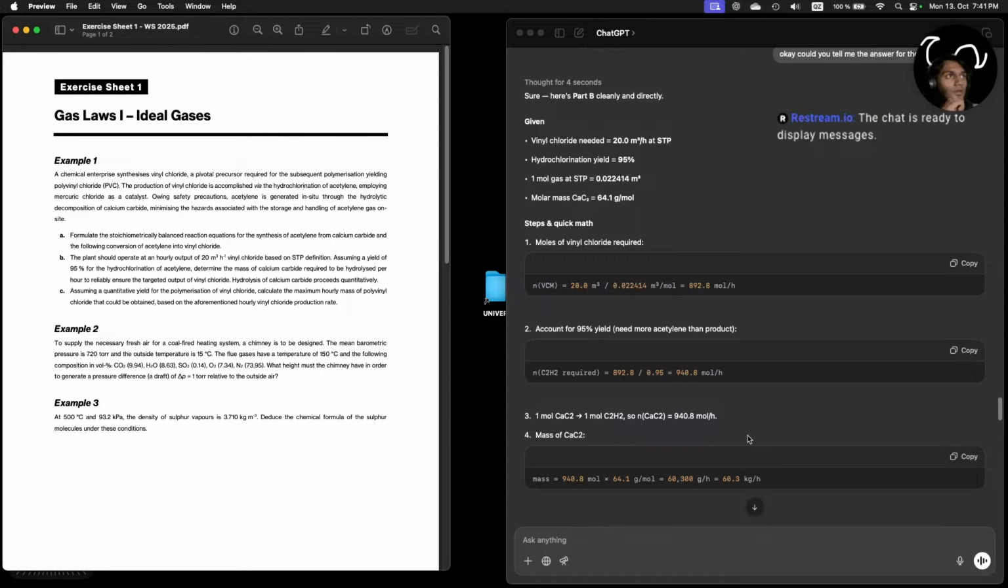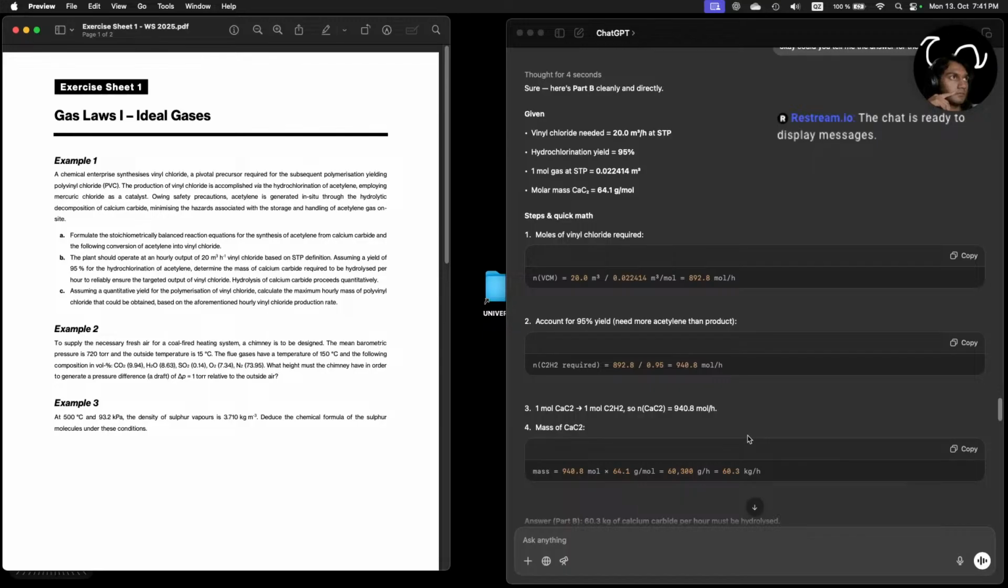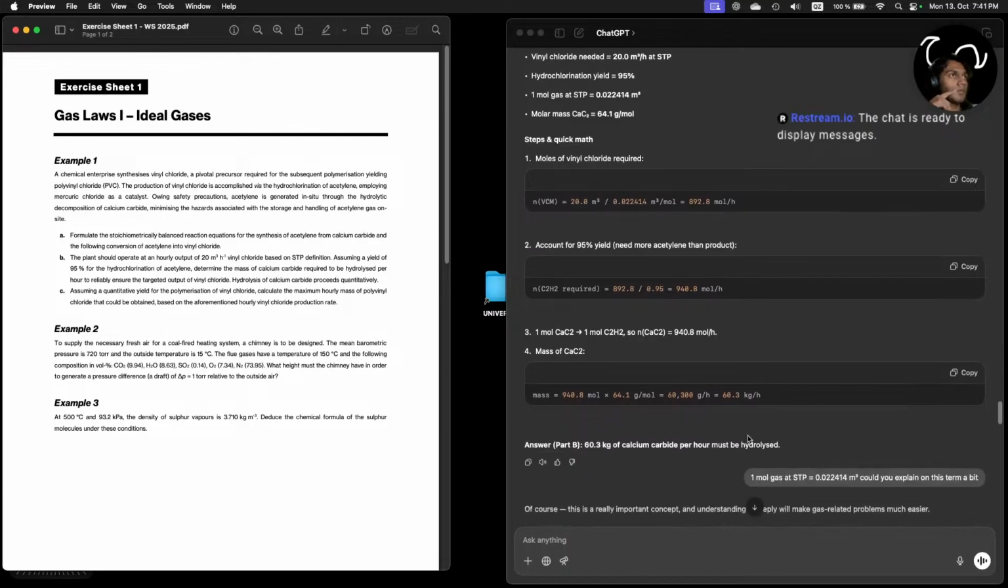The stoichiometric ratio, mass of calcium carbide. Stoichiometric ratio between acetylene